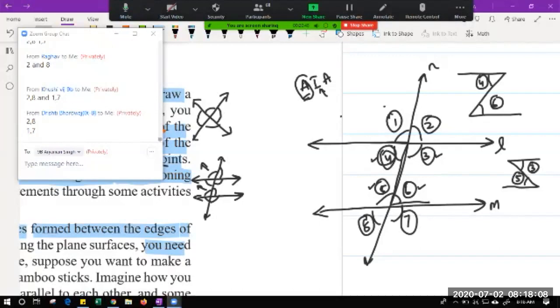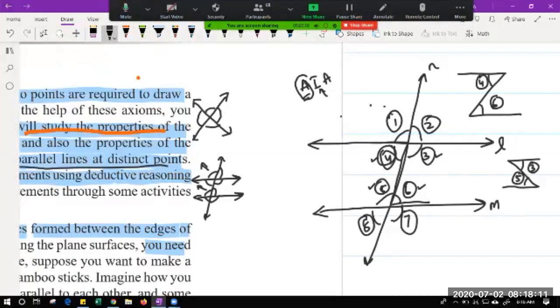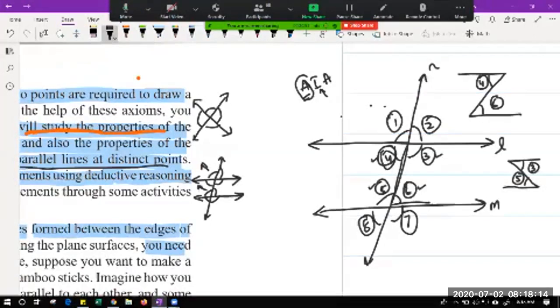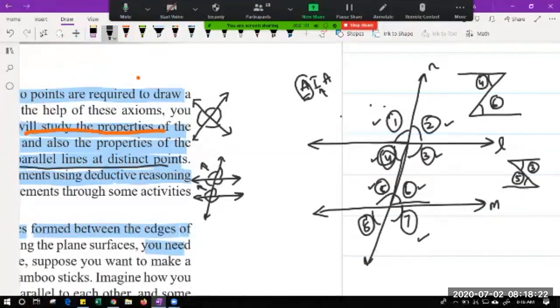Good. Now let's see. As we have seen in the case of interior angles, we should see what are the exterior angles. Exterior angles are those angles which are on the external side. And if you see, angle 1, angle 2, angle 7 and angle 8 are the outsider angles. So when they are outsider, they are known as exterior angles. Now we have to understand what are alternate exterior angles. And if you see, this 1 and this 7 are alternate and they are exterior. Similarly, 2 and 8 are like that only. Now, last but not the least, we have studied a property, interior angles on the same side of the transversal.